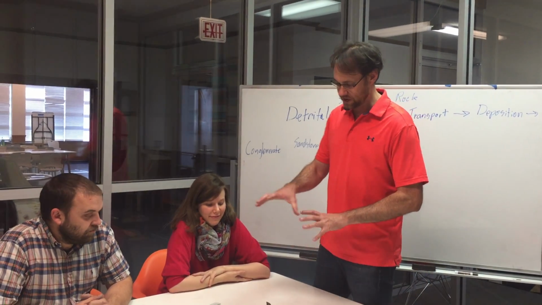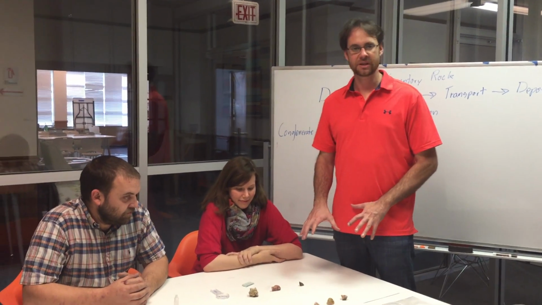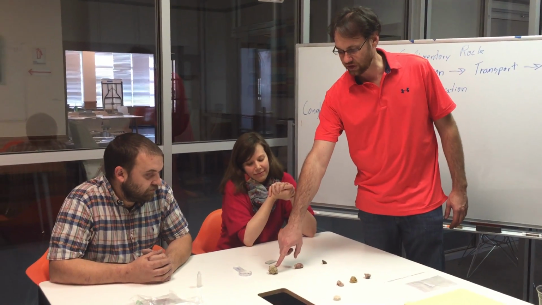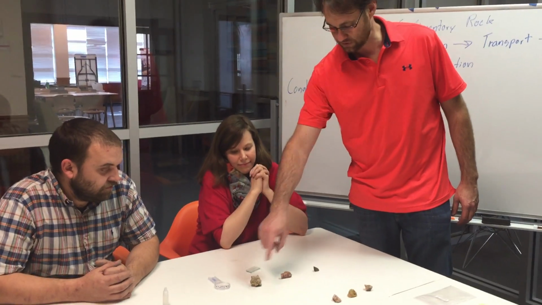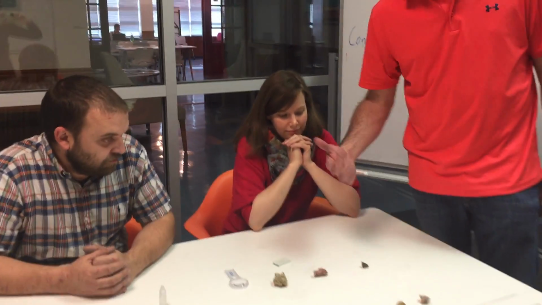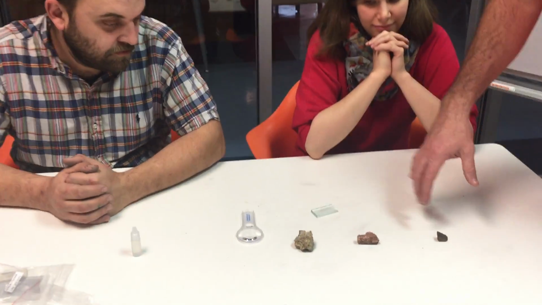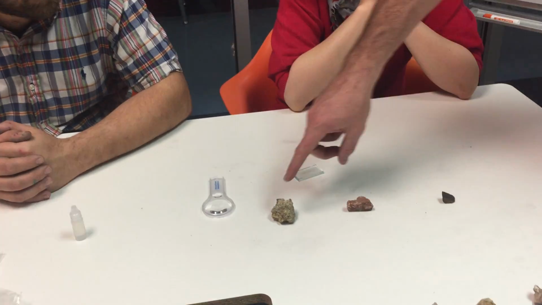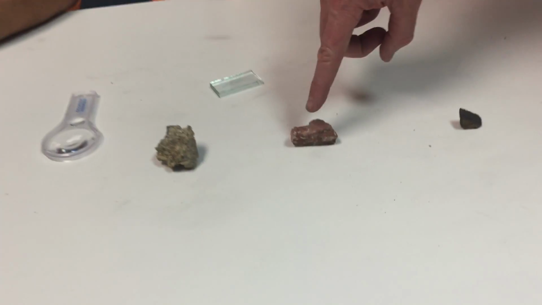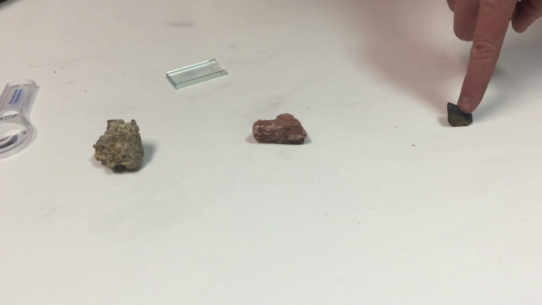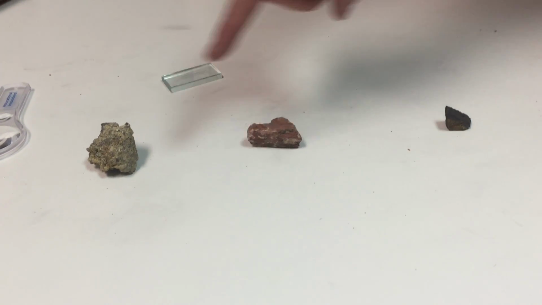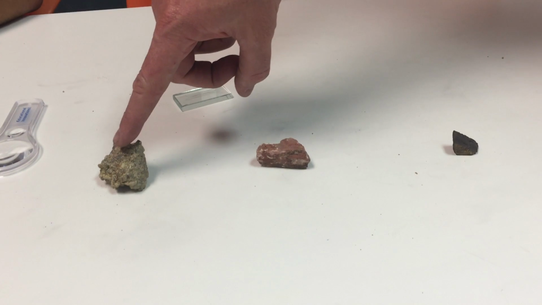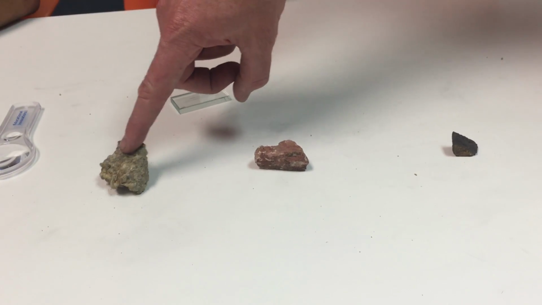Okay, so we have our rocks divided up into grain size, and our students did a great job. We have the largest grain size on the right, we have the smallest grain size on the left. The rocks that we have here are conglomerate, sandstone, and shale. You guys should be pretty easily able to see that the conglomerate has the largest grain size,